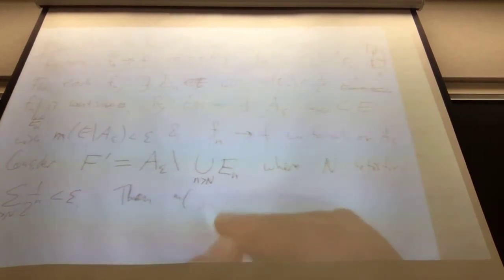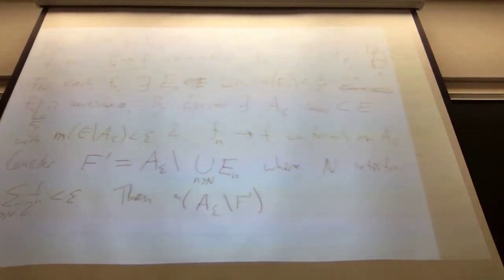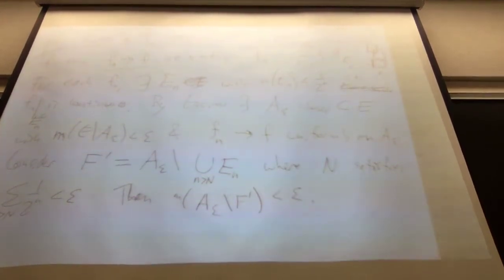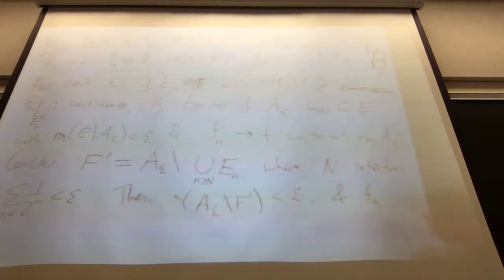So, then the set difference from A epsilon to F prime has size at most epsilon by construction, and the fn's are all continuous,